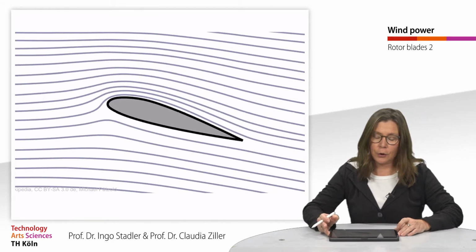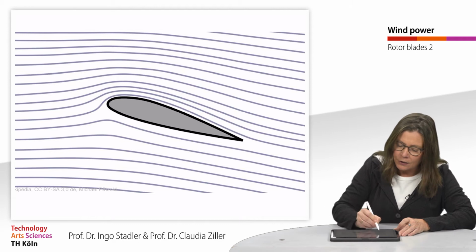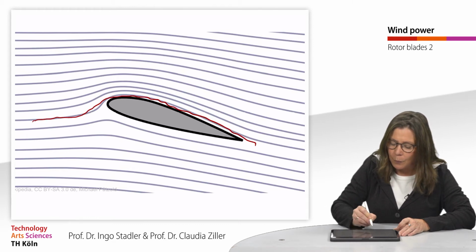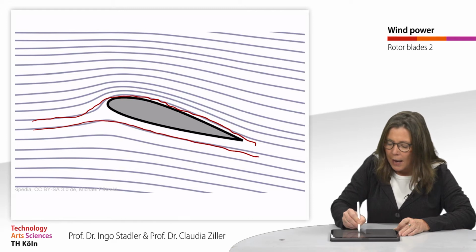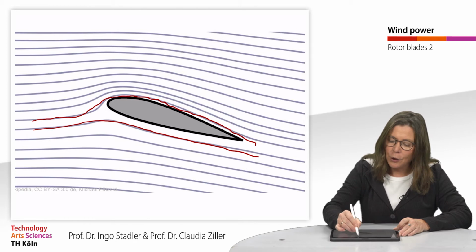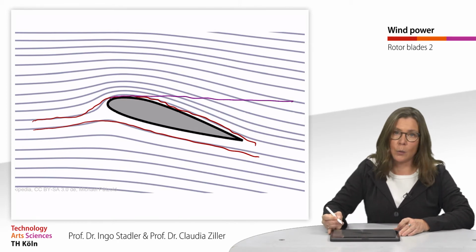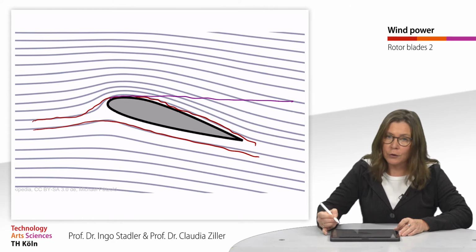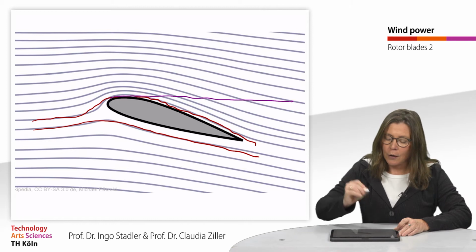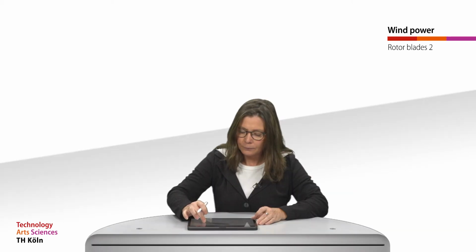So when we look at the flow around the airfoil, we see the streamlines which are following the airfoil, above the airfoil and below the airfoil. Why do they do that? Why don't they just go straight? This can be a solution as well, but they do not go straight, they follow the curvature of the airfoil. So look at this physics and try to find an explanation for it.